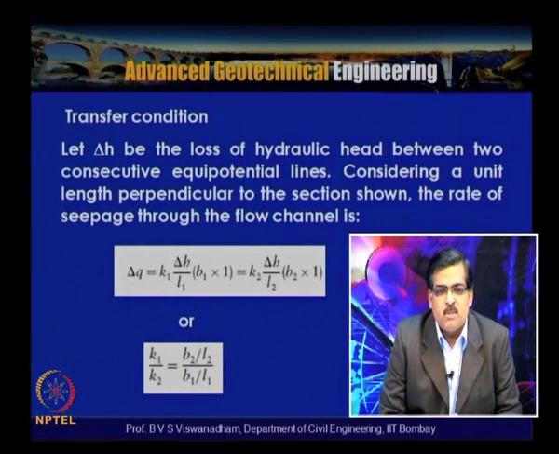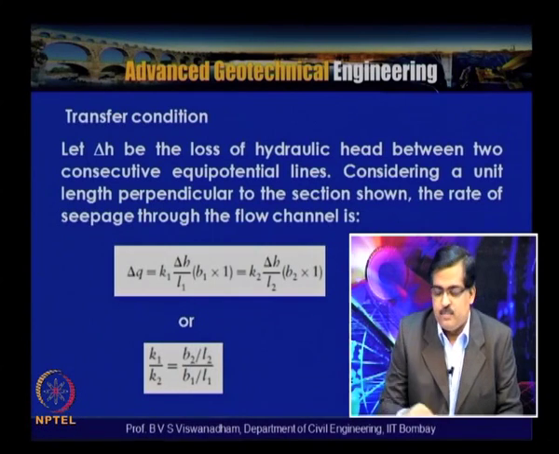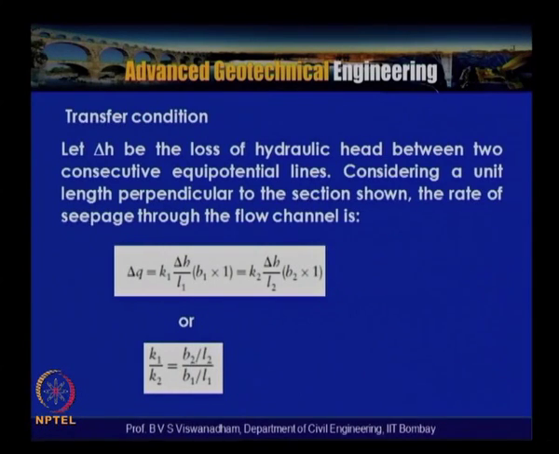So by using this expression it is possible for us to construct the flow lines or understand how the flow lines deviate when K1 is greater than K2 or K1 is less than K2. When K1 is equal to K2, B2 by L2 is equal to B1 by L1 is equal to 1. So what is that ratio? B1 by L1 is nothing but the aspect ratio, which for isotropic cases is mostly 1.